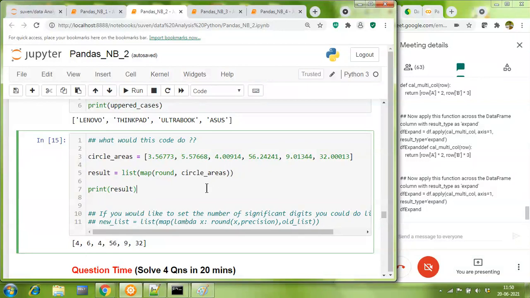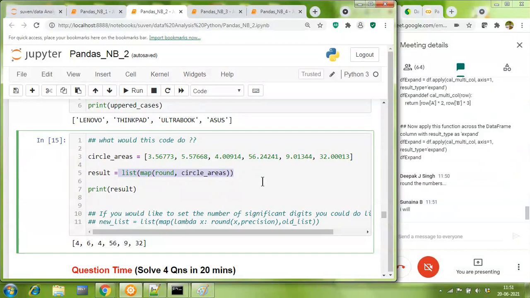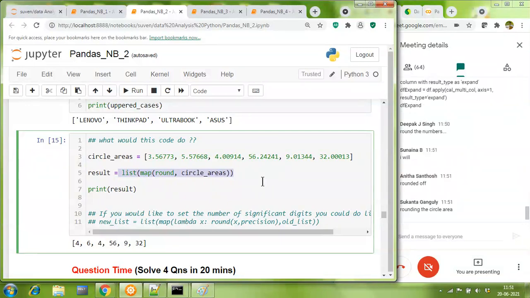So who wishes to come to audio? And in 30 seconds, explain to me what this map is doing here. That's right, Firoz. And Deepak, you answered first. Surena says, I will come and explain. Surena, over to you. Hello, Rocky sir. Am I audible? Yeah, very clear, Surena. Please, over to you.